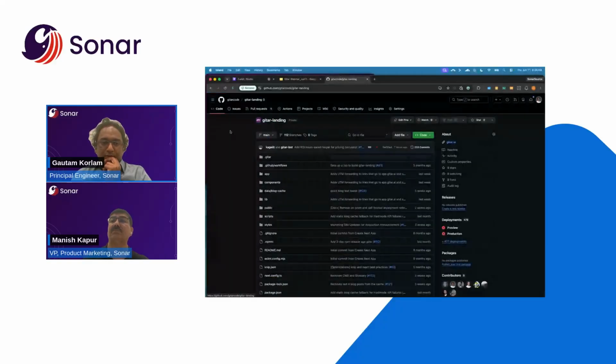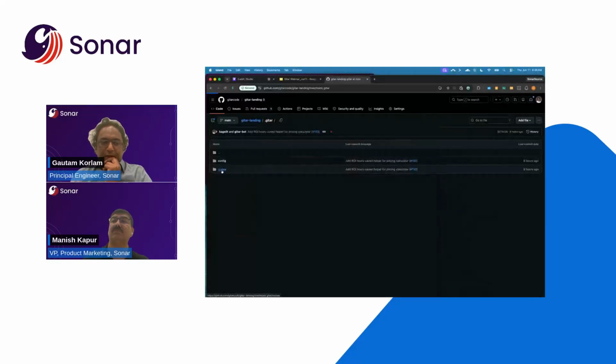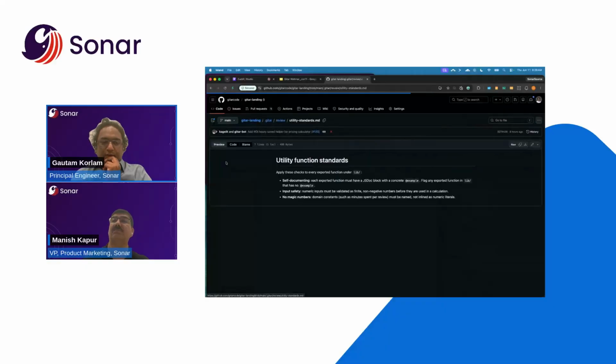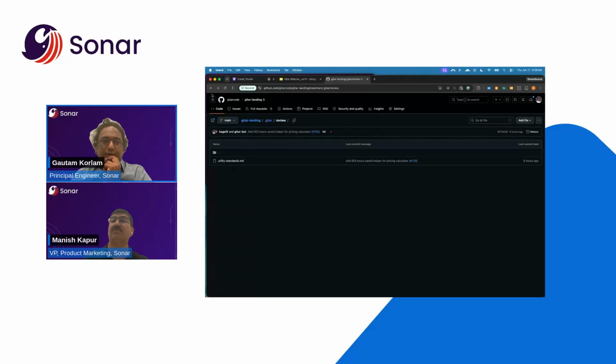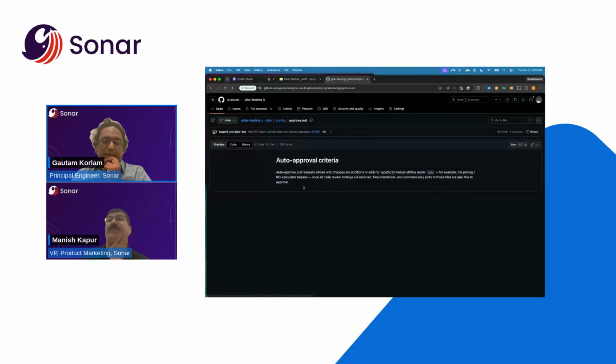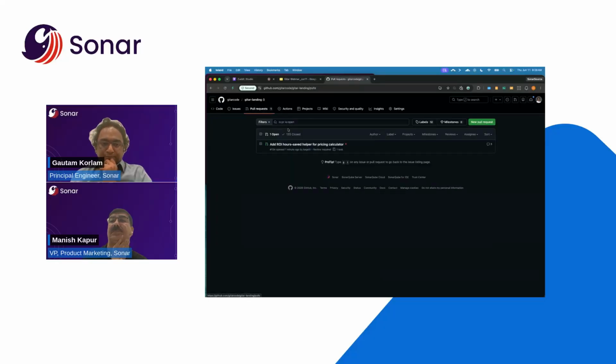So in the repo itself, you can create this Gitar folder, and you can configure standards essentially, right? So you can say, hey, these standards need to be met. And I also configured criteria on how to approve PRs. So you can actually just drop an MD file and say, hey, automatically approve things based on different criteria. And this is for demo purposes, so I made it a little bit more tailored. So if you go back to the PR,